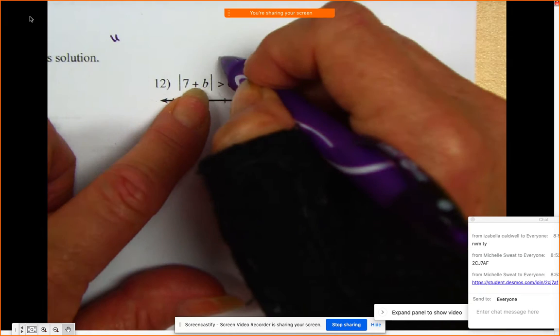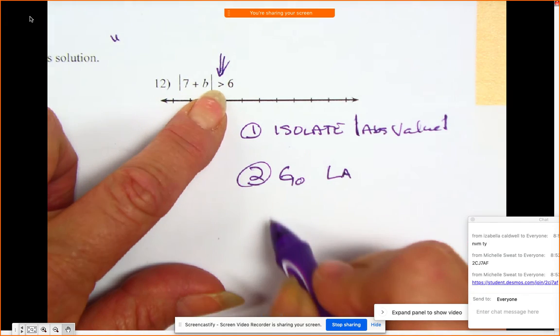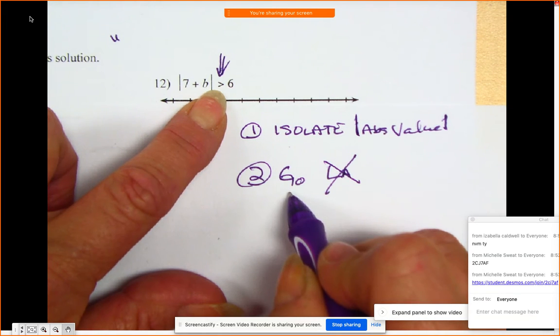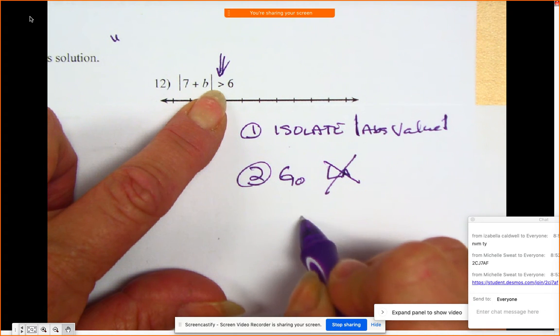Okay, my original problem, that is a greater than. So I'm expecting an OR graph. I also know